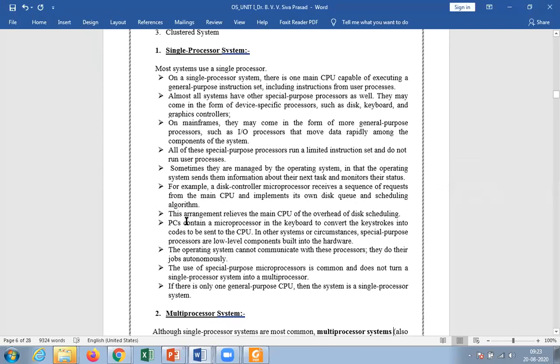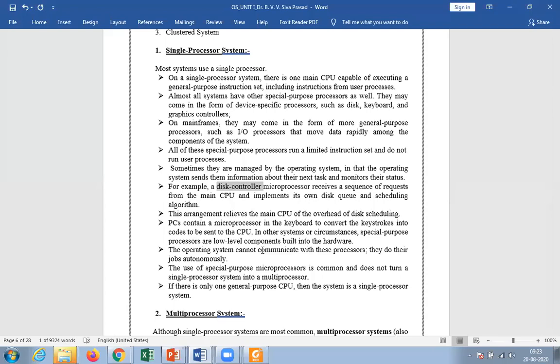Next, this arrangement relieves the disk controller. We already discussed this disk controller example. PCs contain a microprocessor in the keyboard to convert the keystrokes into codes to be sent to the CPU. If you observe your keyboard, for each and every key there is a different keystroke.